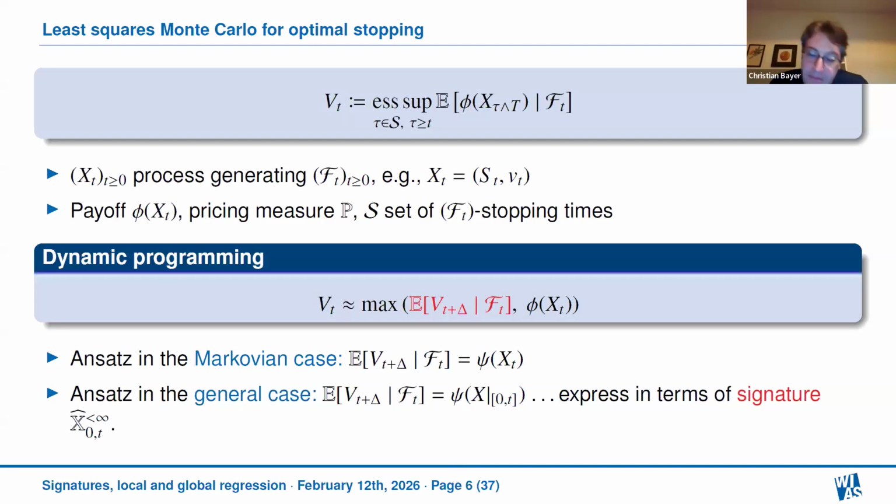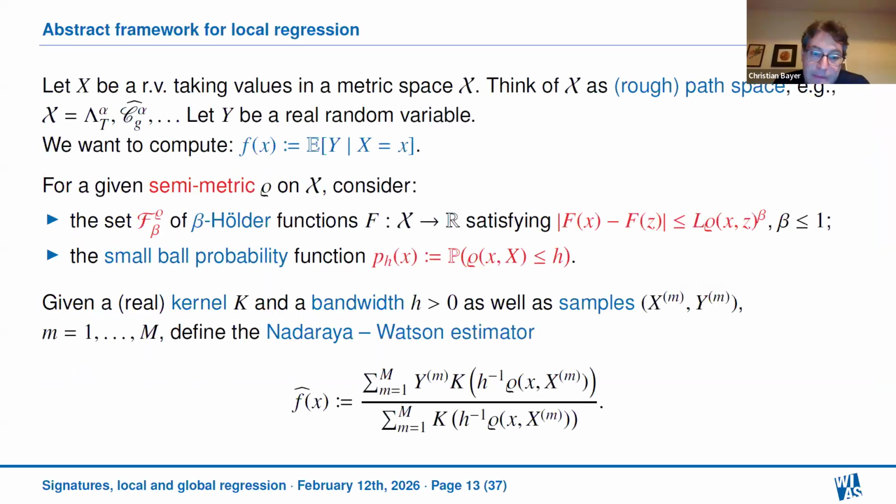But more generally, Y is a function on path space, and X is a process. X is a realization of the process. So think of Y being the solution at time t, at the terminal time, for instance, of a stochastic differential equation driven by the process X. And I do appreciate that there are a couple of X's here and there which are probably not always consistent. Sorry for that.